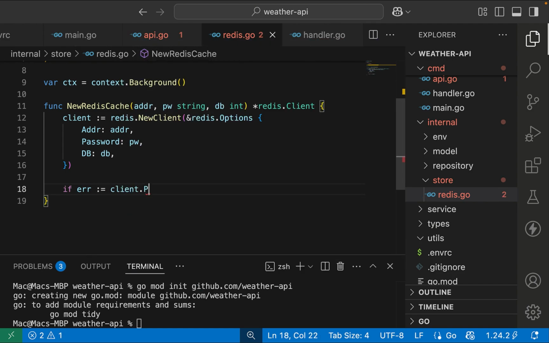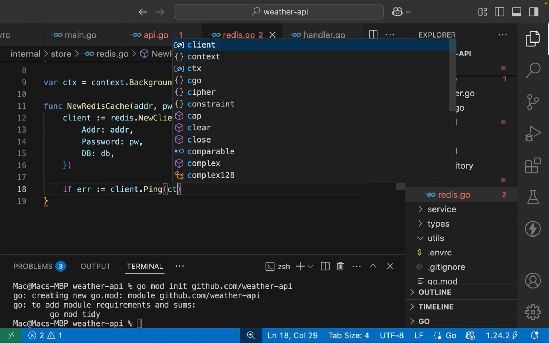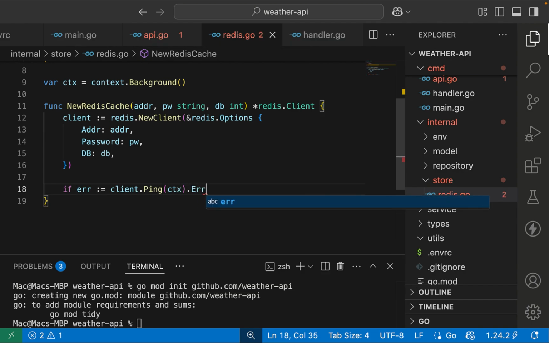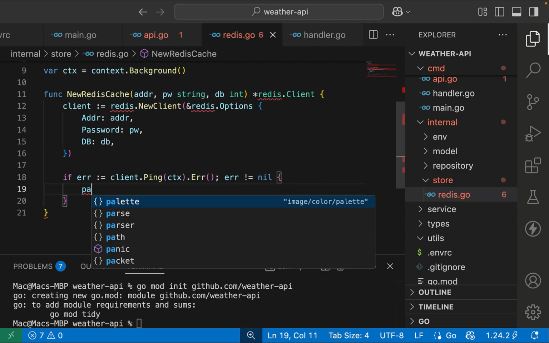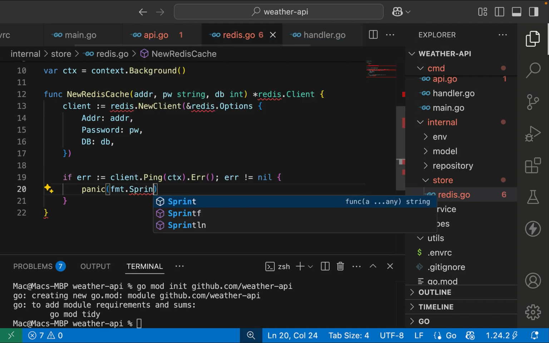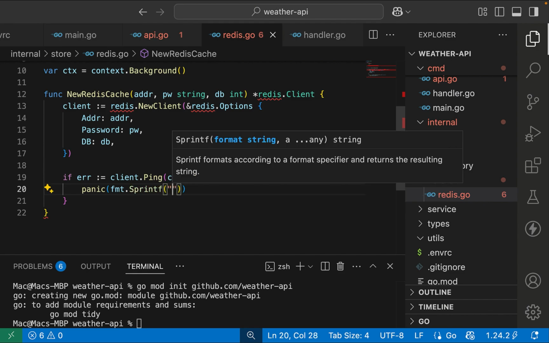is client.Ping. This is to establish a connection with our Redis database. And then we are going to do err, and then we are saying if it's not nil, then we have, you know, panic. Let's panic instead of doing log.Fatal. fmt, so you have to import fmt, Sprint. So this gives us a formatted